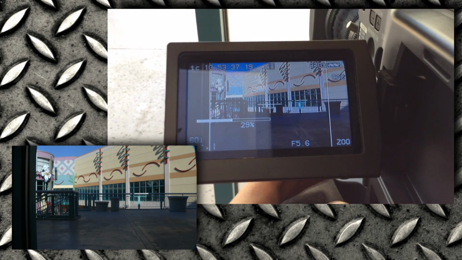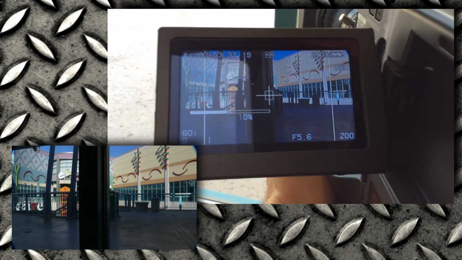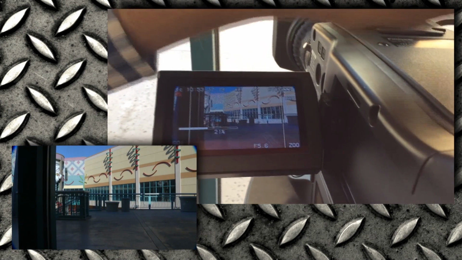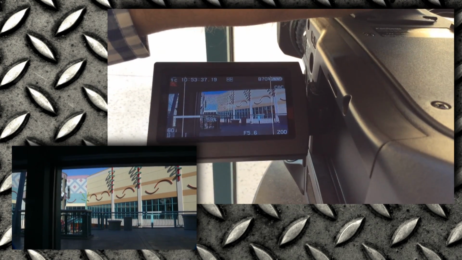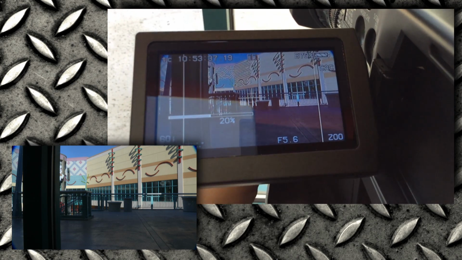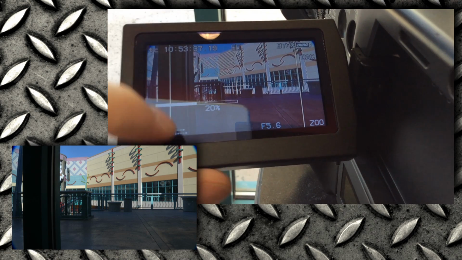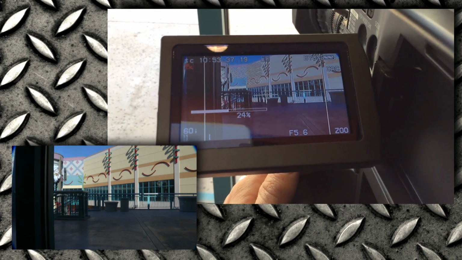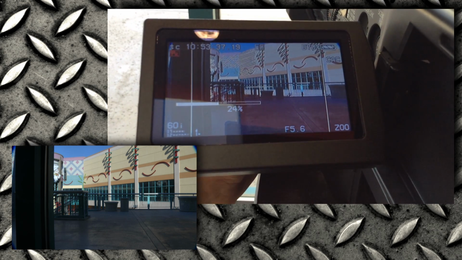So I'm going to move it here. See how it changes? Let's go to there. 8%. Let's lift this up a bit. 52%, 60, okay? So basically that's what that does, is you see a little square right there, it tells you the brightness level inside that square. So I'm at 20% now. Interesting, huh? All right, so let's turn that function off